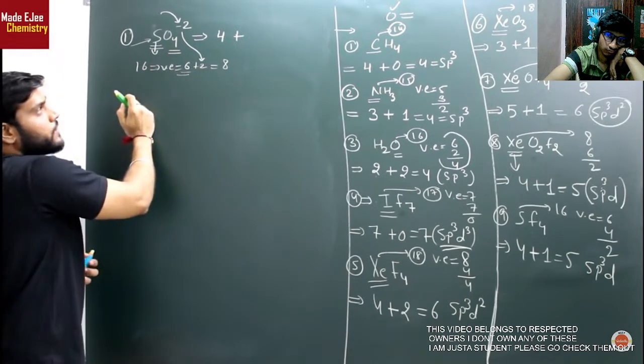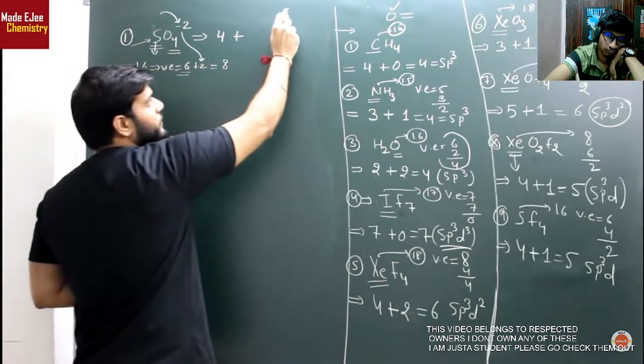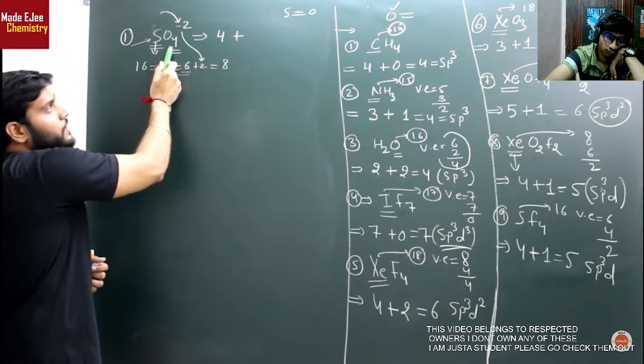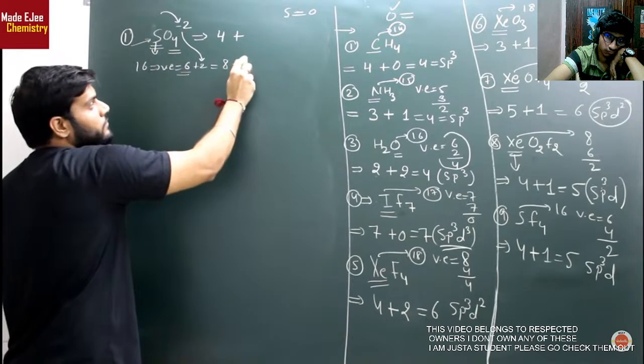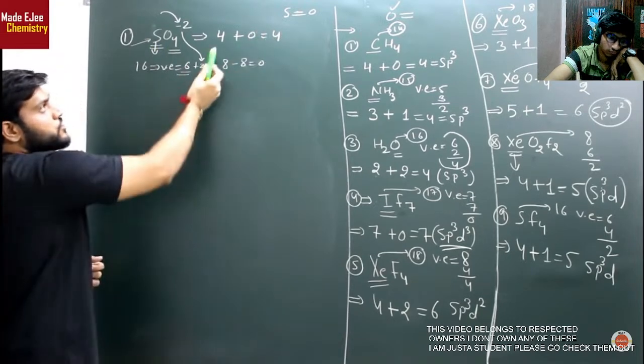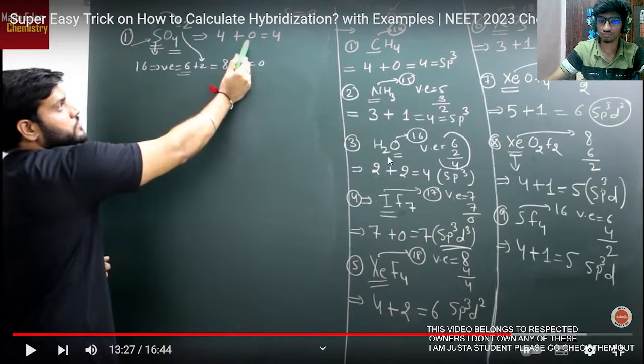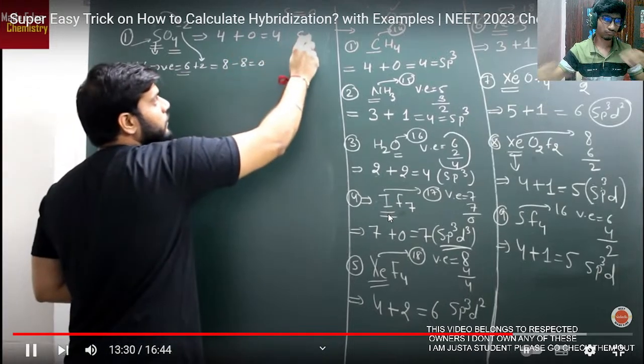अब 8 में से उसने कितने इलेक्ट्रॉन काम पे लगा लिए बॉन्ड बनाने में? 4 ऑक्सीजन को जोड़ रखा है, एक ऑक्सीजन में 2 इलेक्ट्रॉन लगते हैं, एक सल्फर के साथ अगर एक ऑक्सीजन लगा होगा तो 2 बॉन्ड बनाए होंगे, तो 2 इलेक्ट्रॉन सल्फर ने लगाए होंगे। तो फाइनली यहां पर सल्फर ने कितने इलेक्ट्रॉन काम पे लगाए बॉन्ड बनाने में, 4 दूनी 8, क्योंकि 4 ऑक्सीजन है, एक ऑक्सीजन के साथ 2। तो 8 माइनस 8 कितना हुआ, 0, तो लोन पेयर हुआ 0। फाइनली इसका आंसर आ रहा है 4 टोटल एटम अटैच है, और 0 इसके पास लोन पेयर है, तो 4 के हिसाब से आंसर कितना हुआ, sp3।